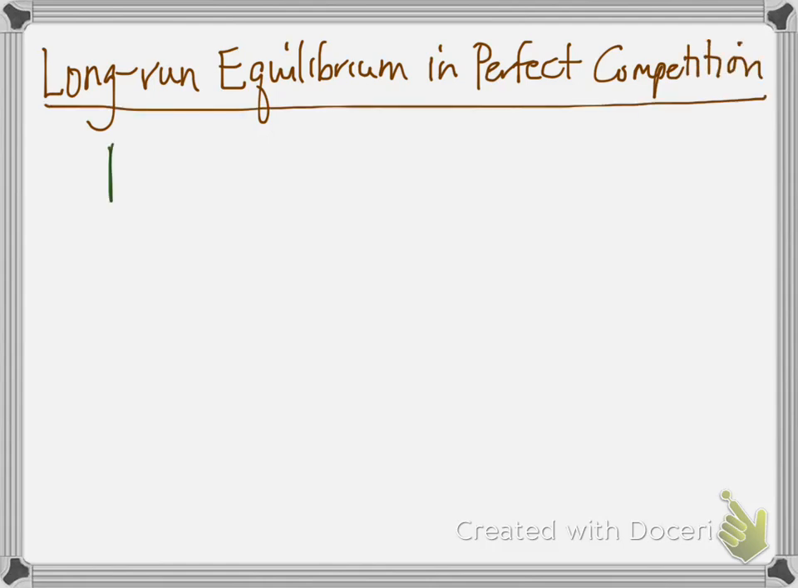All right, let's look at the long-run equilibrium in perfect competition. There are some truths that we need to be reminded of. First, price is going to be equal to marginal revenue, and that's because a firm can sell as many units as it wants at the going market price. So every time it sells an extra unit, its marginal revenue is equal to the price